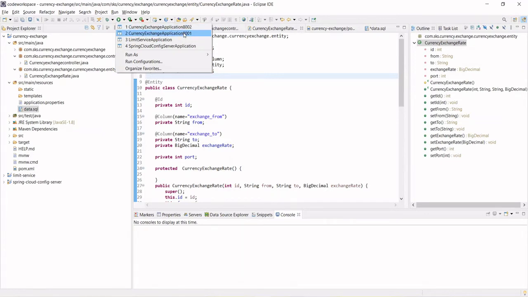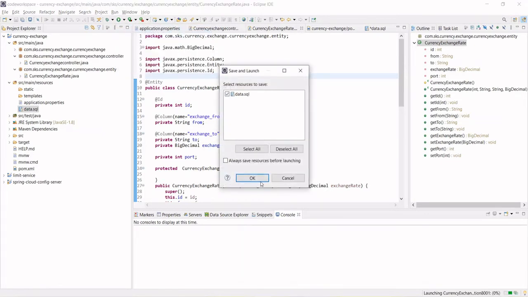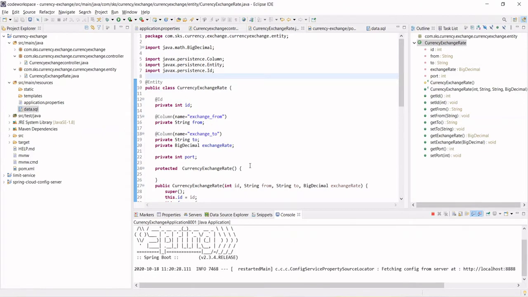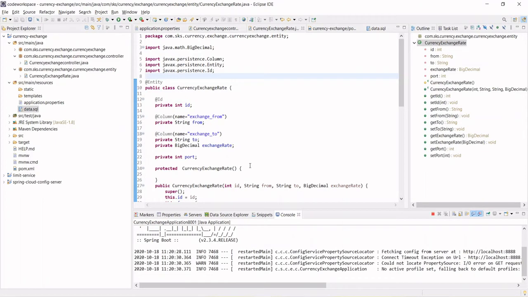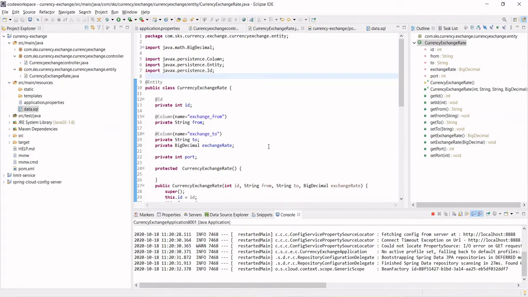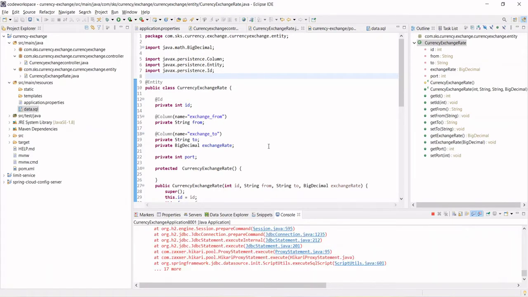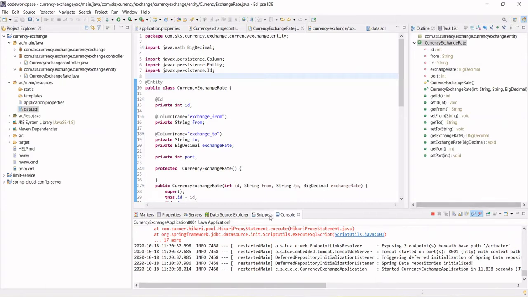Currency exchange application, let's run on this port. Some error came. Let's see what is the error.